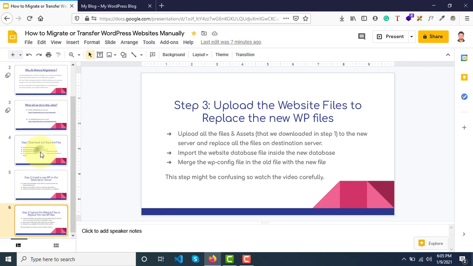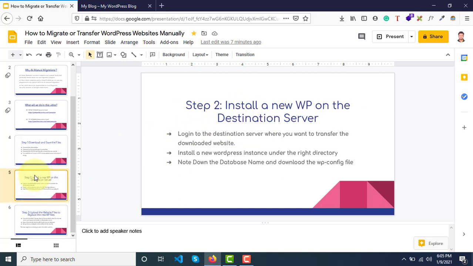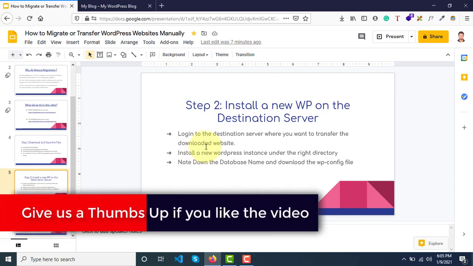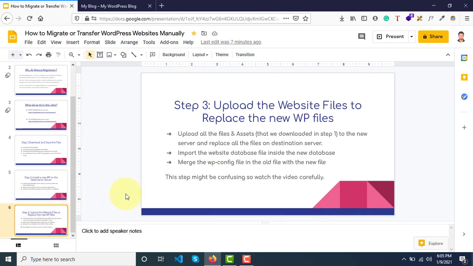First, we'll download all the files and keep them safely on our local PC or computer. Then in the second stage we'll go to the new server and create a WordPress instance and do all the required settings regarding the database and everything. And in the third step, we'll upload the backup file into the new location. This is where the actual migration happens.